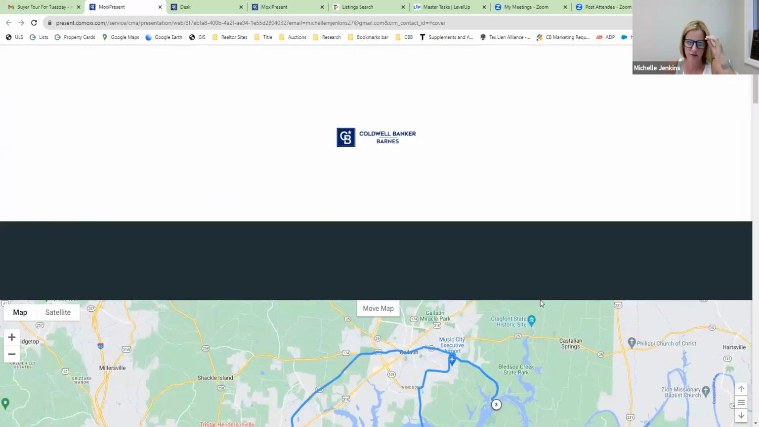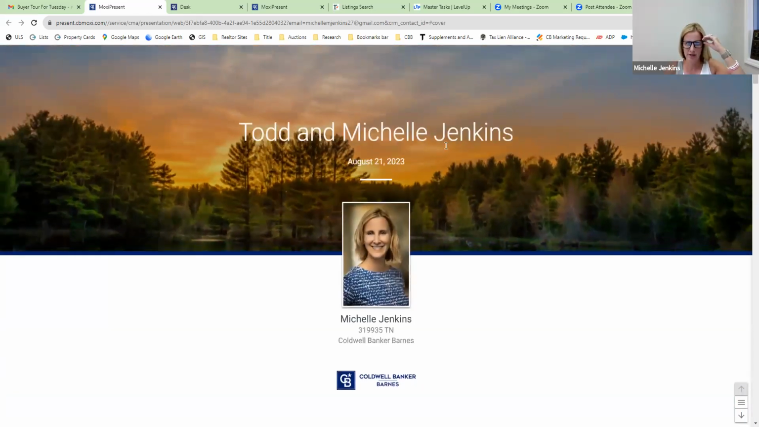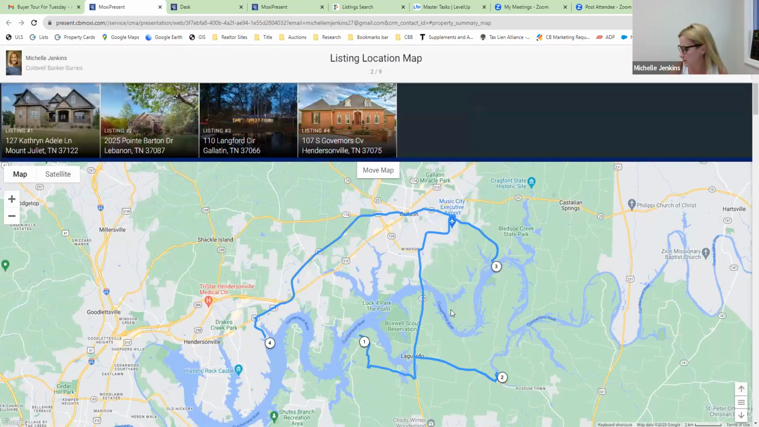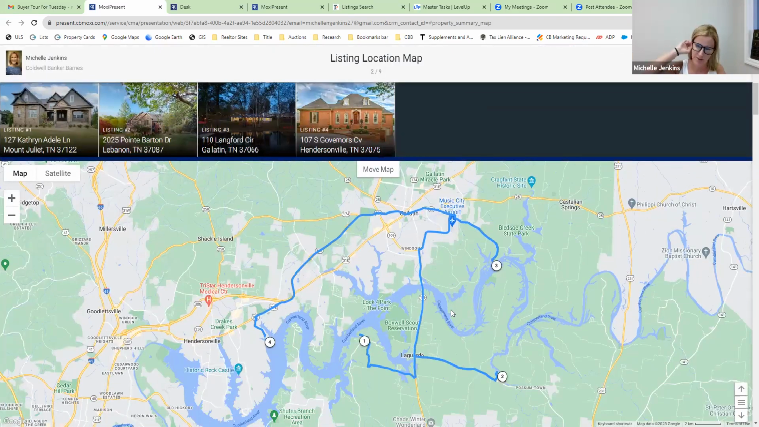All right, so this is what they're going to see. You see my nice little lake picture here is going to be on their cover page. And of course, it's got your picture if you've uploaded it onto Desk. So this is what they're going to see on page 2. They're going to see the map and they're going to see the 4 houses. So we know we're starting here. So again, super interactive. They've got their phone in their hands or their tablet. They're going to click on this first